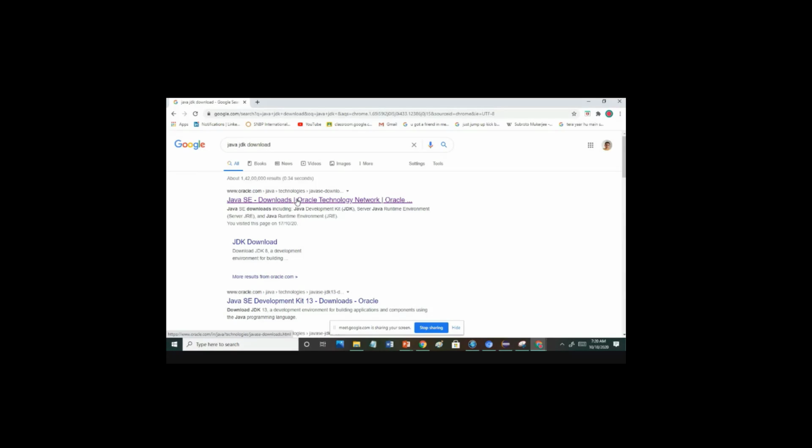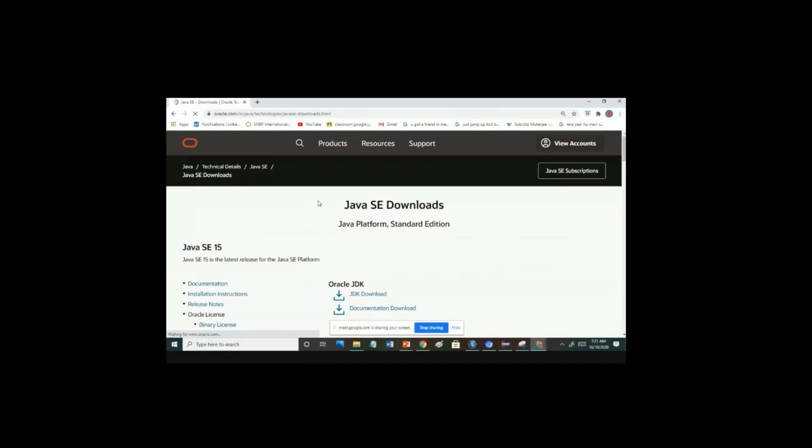Then what you do is you click on this first link, which you find here of Java Development Kit, Java SE downloads including Java Development Kit, server Java runtime environment. All these things you find, and then you click on the first link which you get in your search option. Okay, everybody got this page?